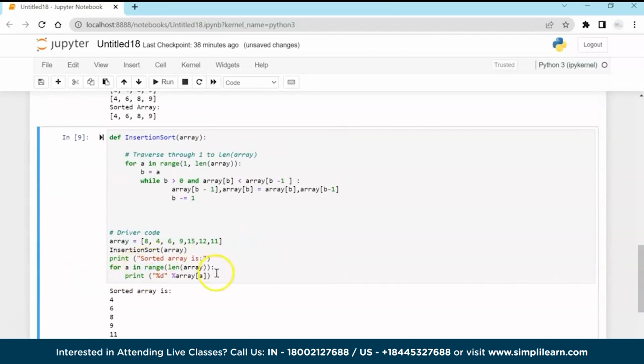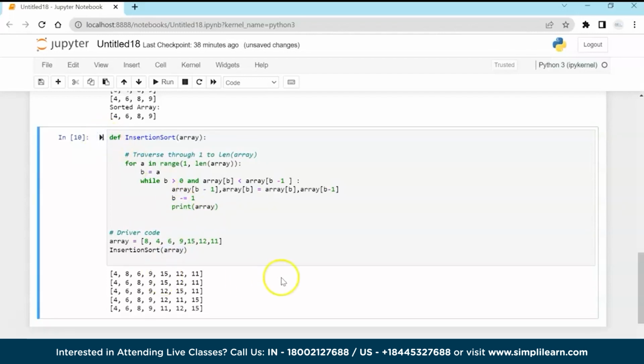Okay, so what I've done is I have to print my array. So this is my original array: 8, 4, 6, 9, 15, 12, 11. Now in first time I compare 4 with 8 and swap it. Then I compare 6 with 8, it's smaller, I swap it, and also compare 6 with 4, I